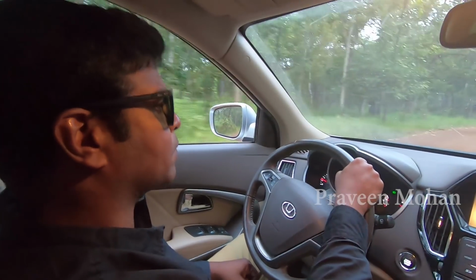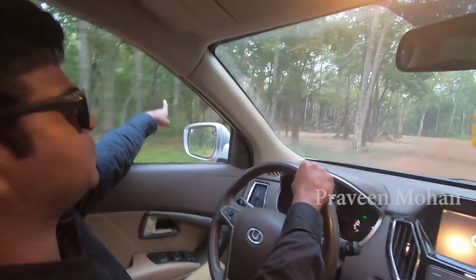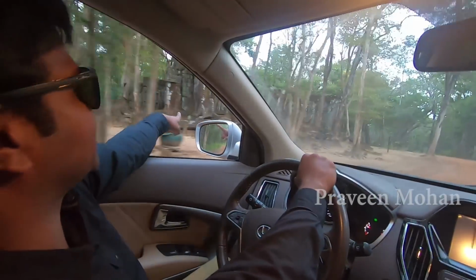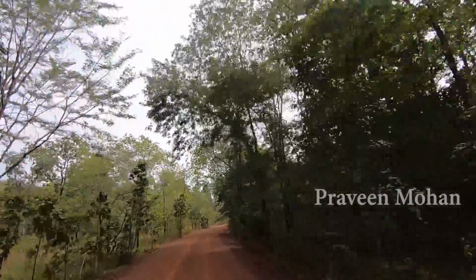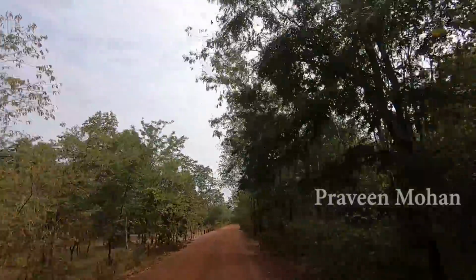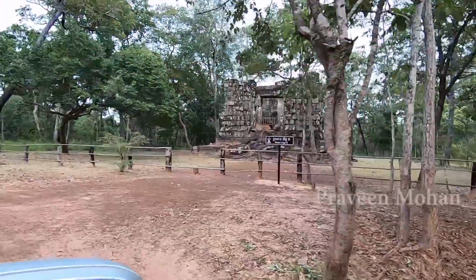Hey guys, today I'm driving into some of the remote parts of Cambodia. This area is known as the Koh Ker Temple Complex, which has at least 40 ancient Hindu temples, all of them built more than 1,000 years ago. As I drive through this muddy road, there are several ruins appearing on either side, but somehow I'm drawn to